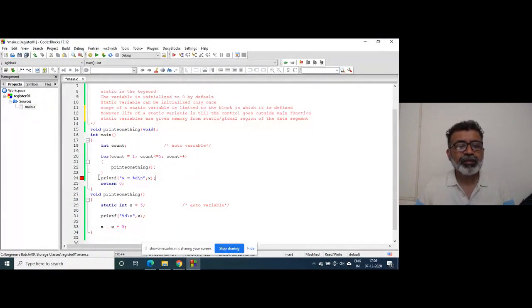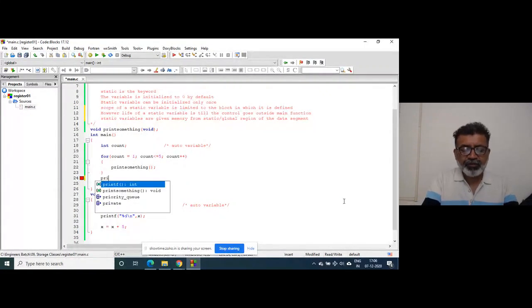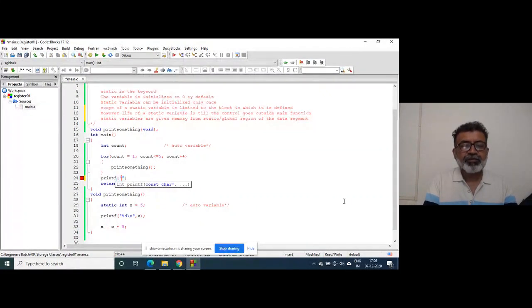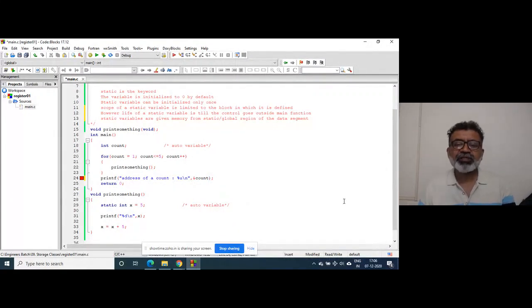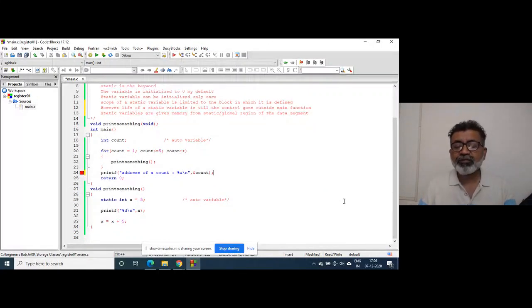For your reference, I will print the address of count, because count is the auto variable. We'll print the address of count with %u and ampersand. Perhaps this is the reason this storage class is taught after the function chapter.